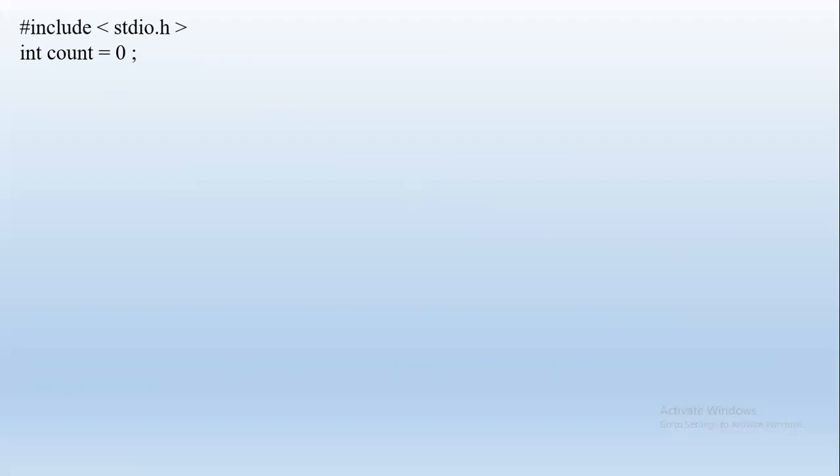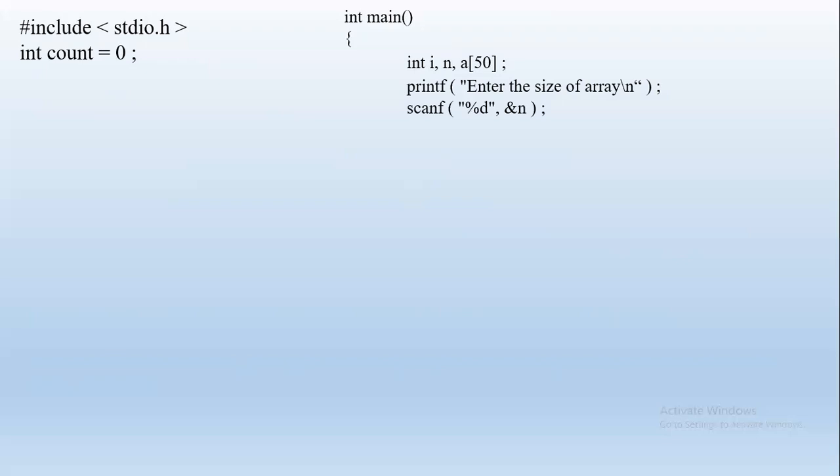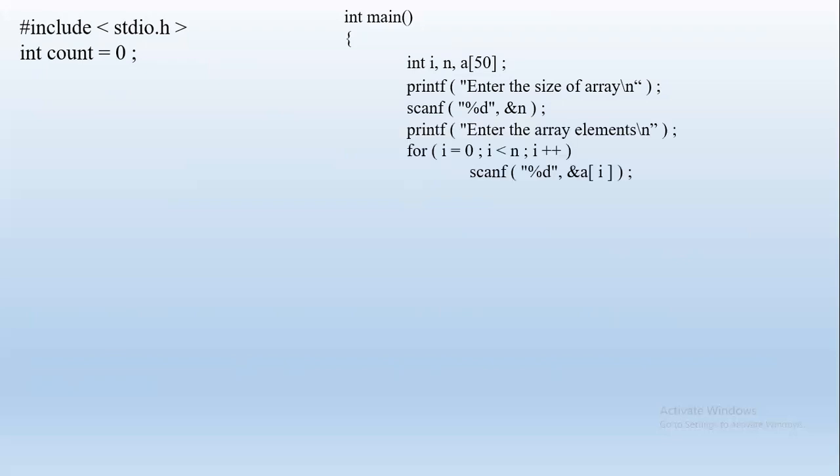So here we have the global variable. Now the control starts. We may have defined any function here, but the control always starts from main. For the compiler, it just says that there is some function defined. Here we are declaring a few variables: i, and n is the number of elements of the array, and we are declaring an integer array of size 50. So maximum we can store 50 integers, right? Let's take input. First we need to take input for the number of elements, that is n, and then we take input for the array elements.